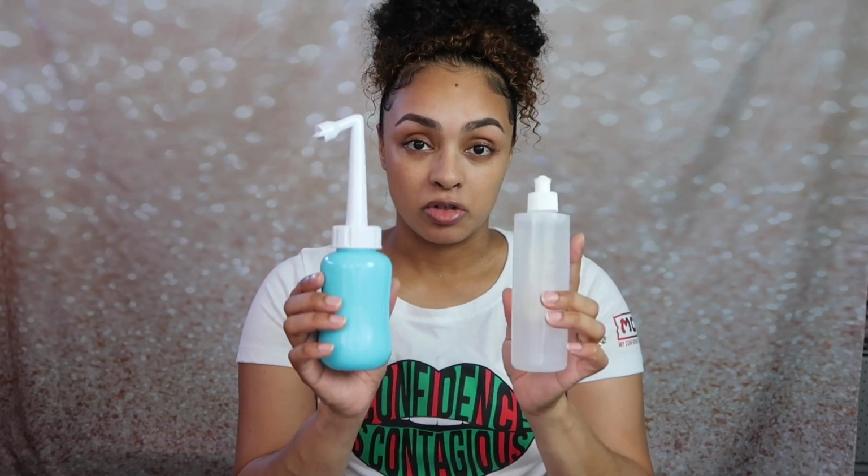You go to the bathroom, you clean yourself off with the water, using your spray bottle, whatever bottle you have. After you do that, depending on how far along you are with your healing, you can pat dry the area with toilet paper. The next thing you would do is take your pad. You're gonna take it off of the thing. So you have your pad. What I was doing was